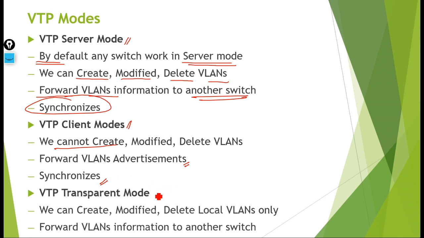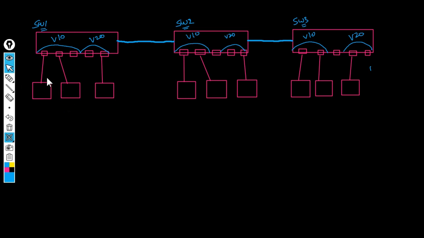When it comes to the transparent mode, we can create, modify, and delete the VLANs, but it is local to the switch. You can also create the extended range of VLANs in the switches. Make sure it can forward the VLAN information to other switches. That's very important. It can forward VLAN information to other switches. What does it mean? See this to understand. I will get back to this scenario. This is very important here. See this, for example,